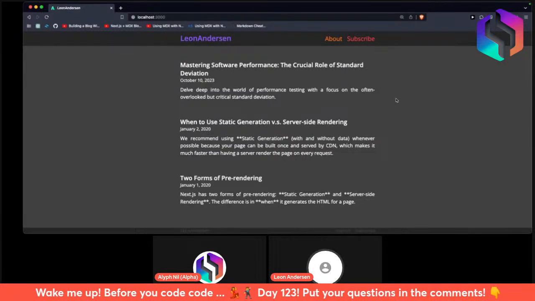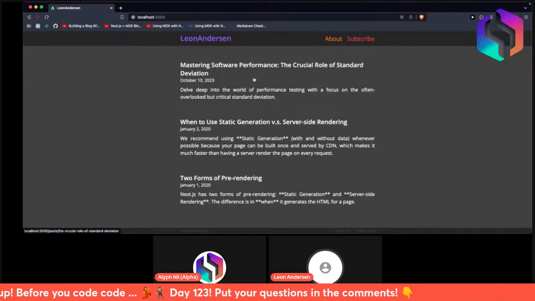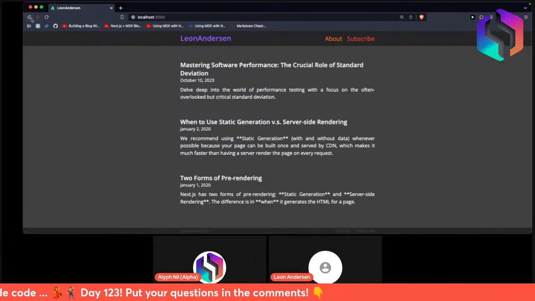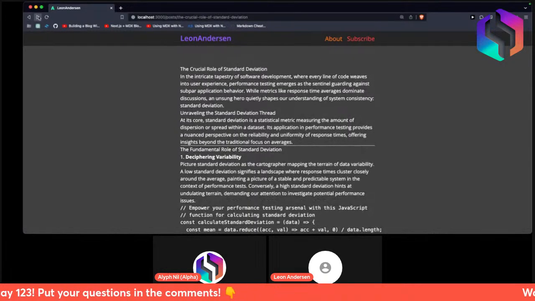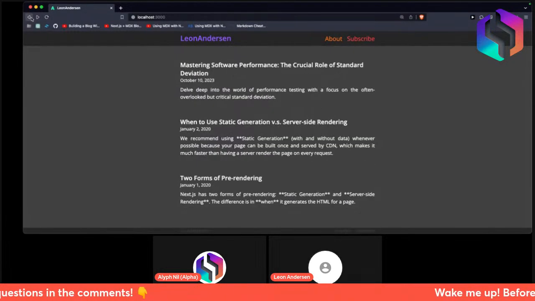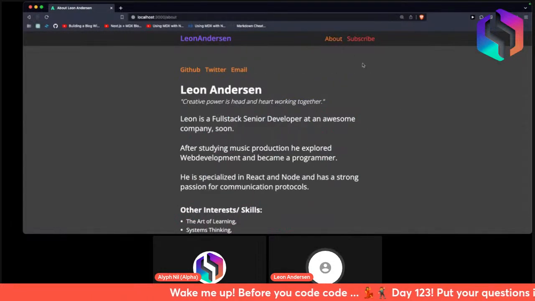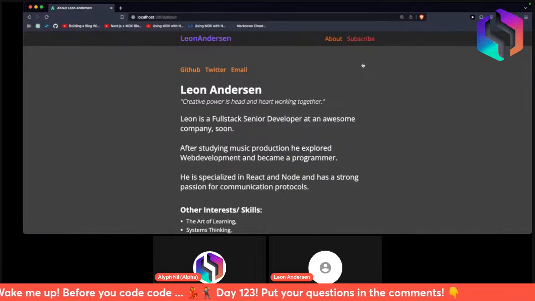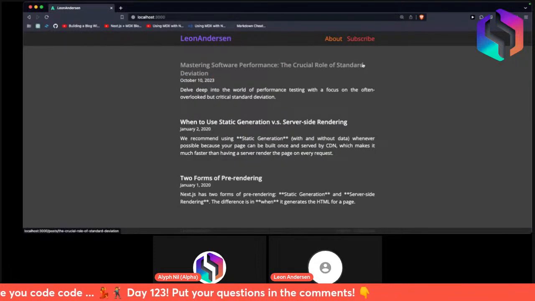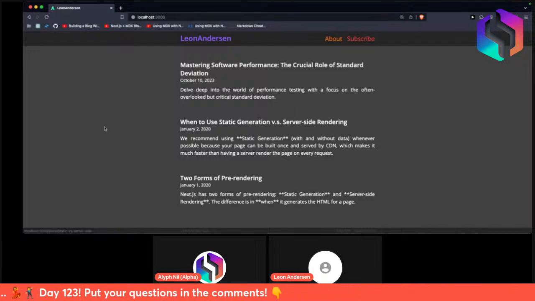You saw I didn't click in between. So basically, if I go to the about page, then I will be redirected to the homepage in a moment automatically. Should be. Yes, without even clicking. So I don't know if that's